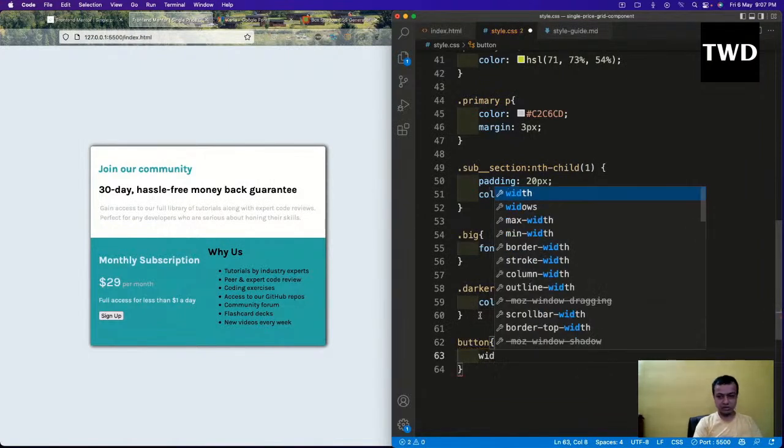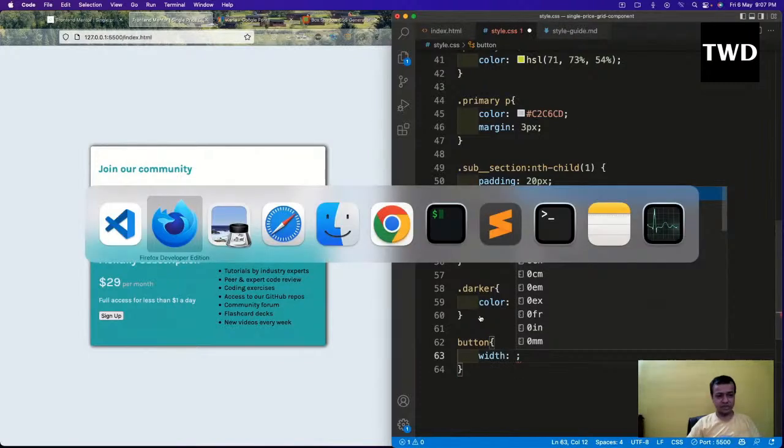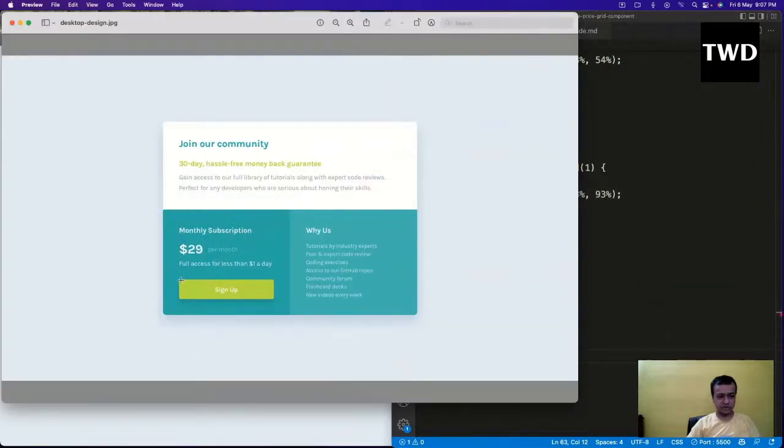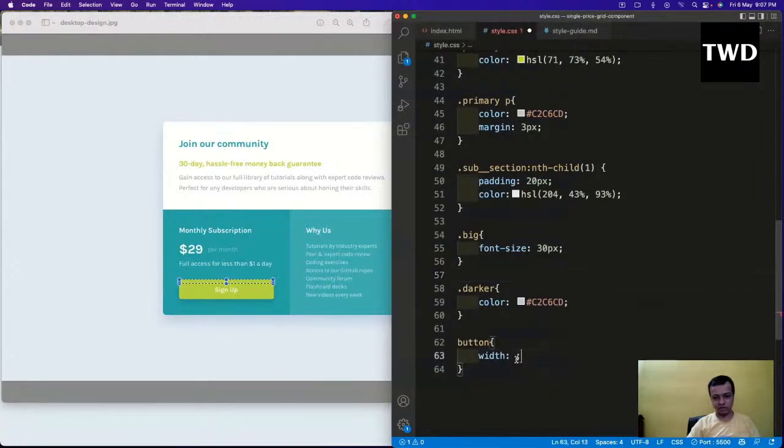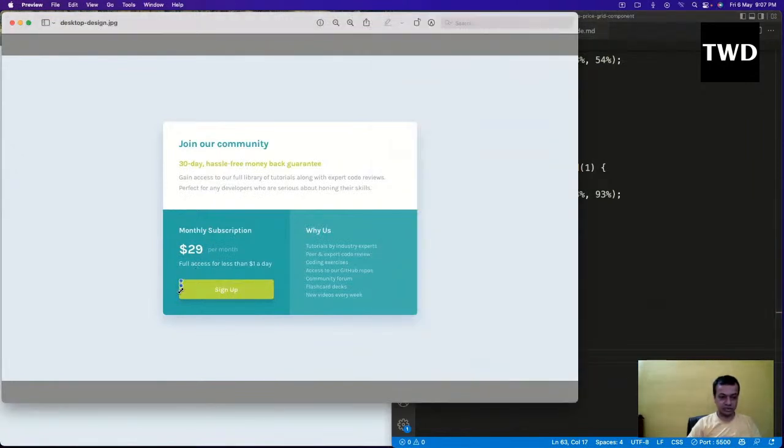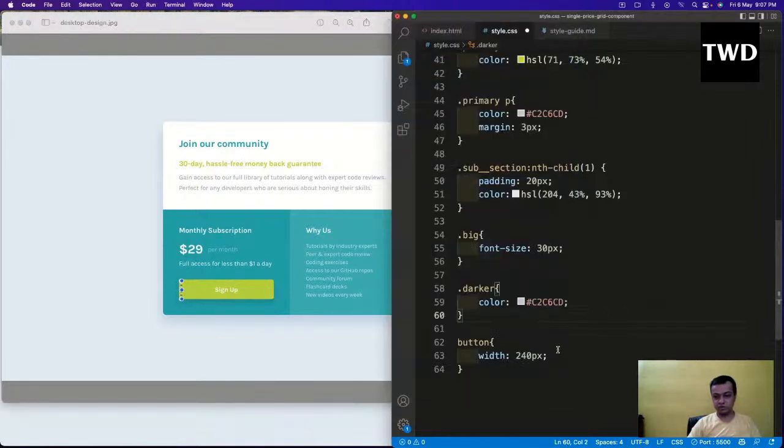width. Okay, so again, how do I know the width actually? If I come here and see this thing like this, I can see the width is 234, means I can take 240 very easily, 240 pixel. And then height also I can do it like this. So this is a very cool way to do it. Okay, 45, maybe I will take 50 pixel. So height as 50 pixel I'll do, and then